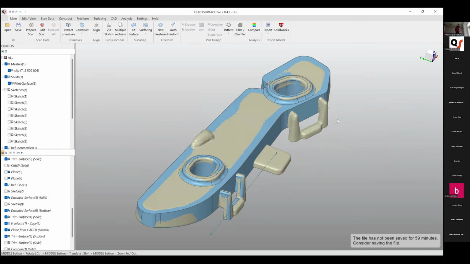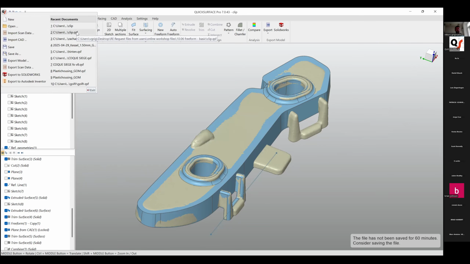This half, and in the next online workshop we can continue with the same part to complete it, or we can just take a look at another example. So basically it's up to you. And overall this part